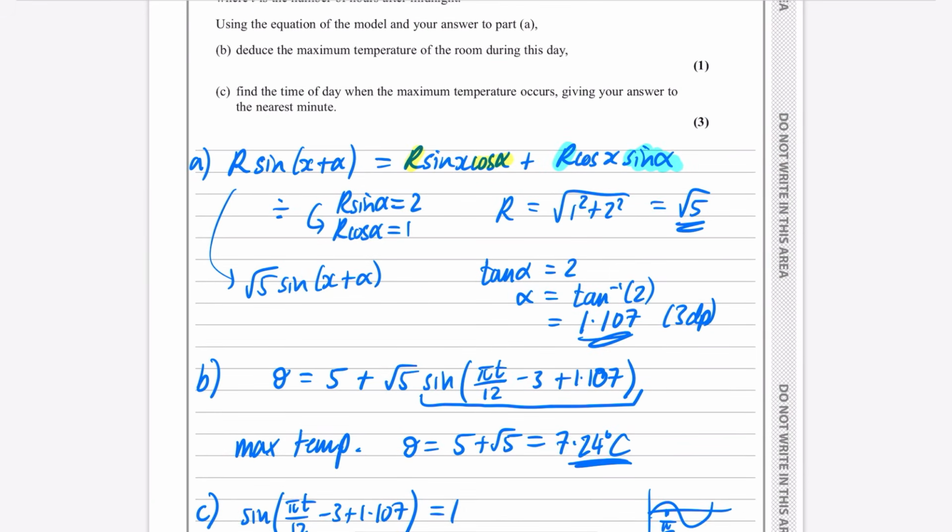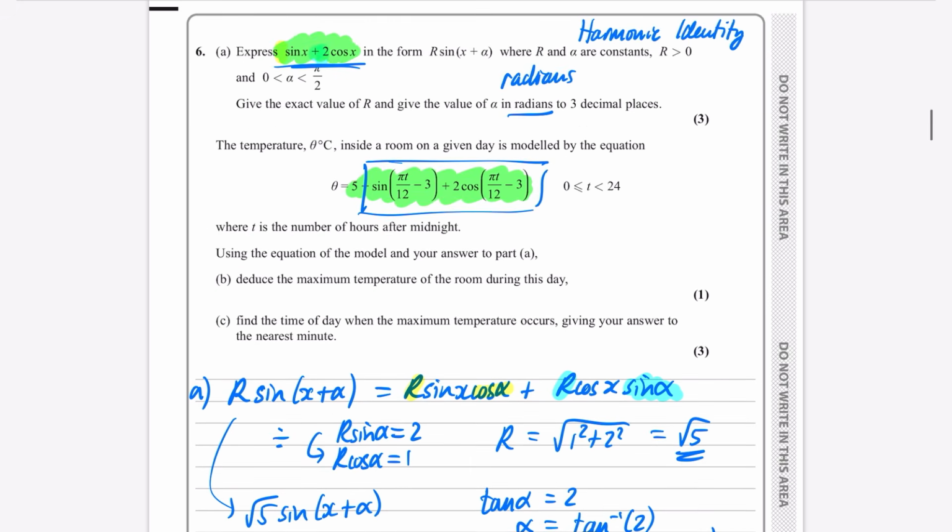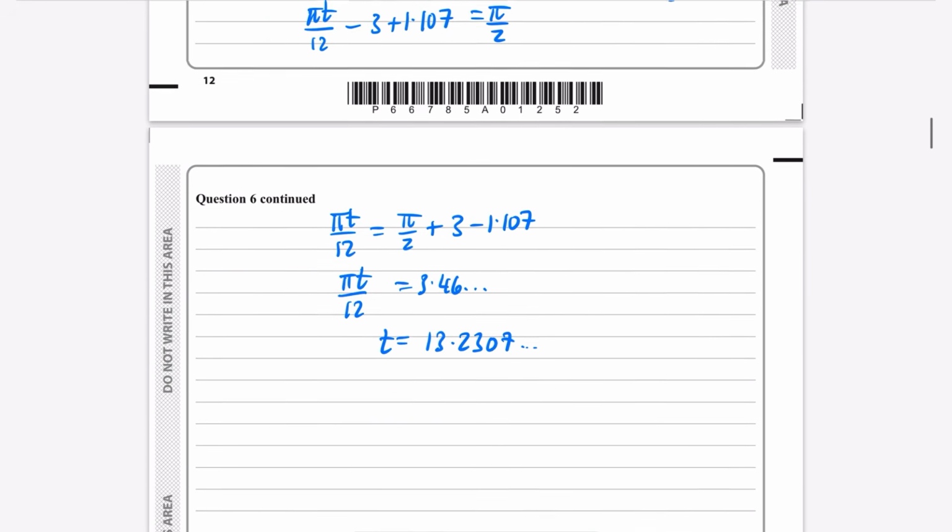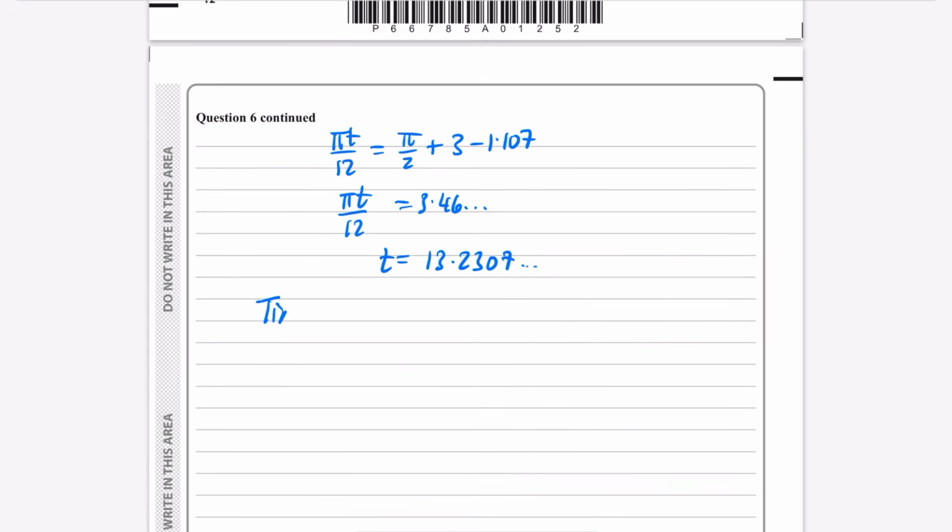But they've asked for it given in a particular form. Find the time of day when the maximum temperature occurs, giving your answer to the nearest minute. Now it was measured starting at midnight, so it's 13 hours after midnight. I think the time is going to be in the 24-hour clock, and it's going to start with a 13. So we just need to investigate this